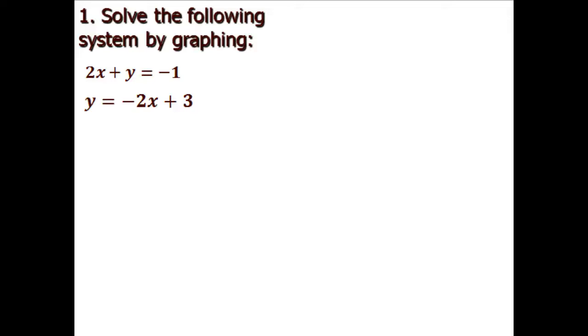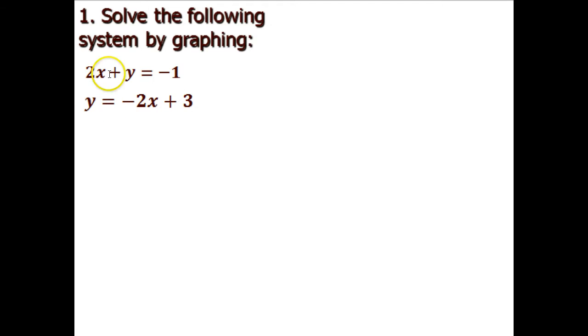This question asks us to solve this one, so we've got to find the x and the y value, and it's asking us to do it via graphing. So we need to first put these in what we call slope-intercept form. We've got to put them in a form such that y is all by itself, kind of like what this